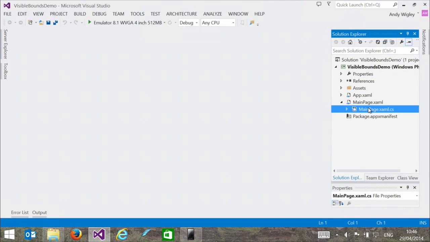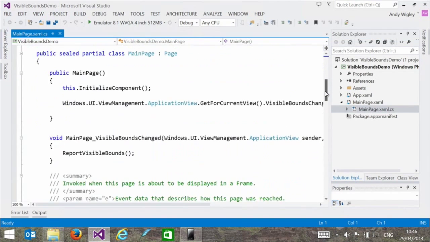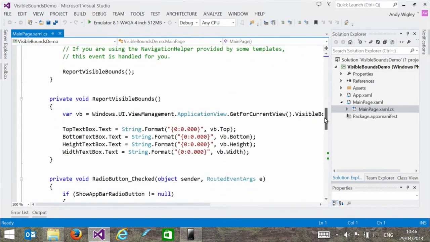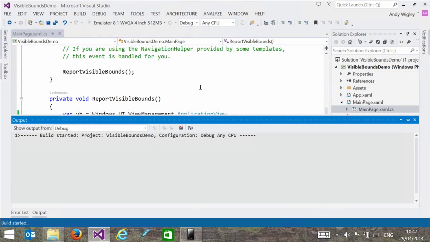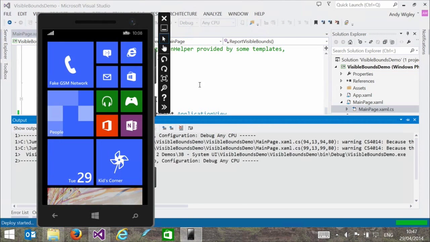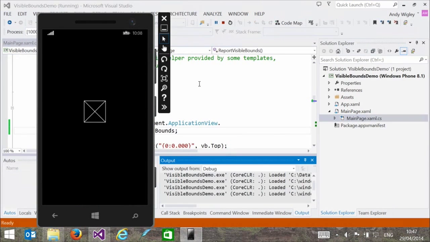The important code behind it is how do you find out what your visible bounds are? I've got this method called ReportVisibleBounds. You can do this: GetForCurrentView().VisibleBounds, and then I'm going to just dump that out to the screen so we can see what our area is that we're writing to. So here's our app coming up on the emulator, and it's very simple.